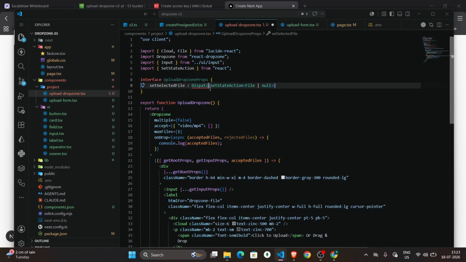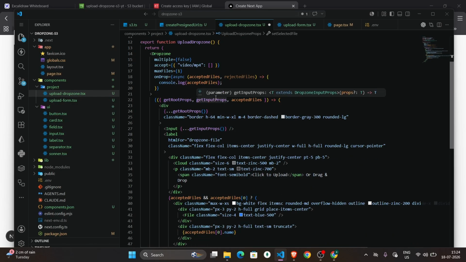So let's import the Dispatch also from React. And on the on drop,